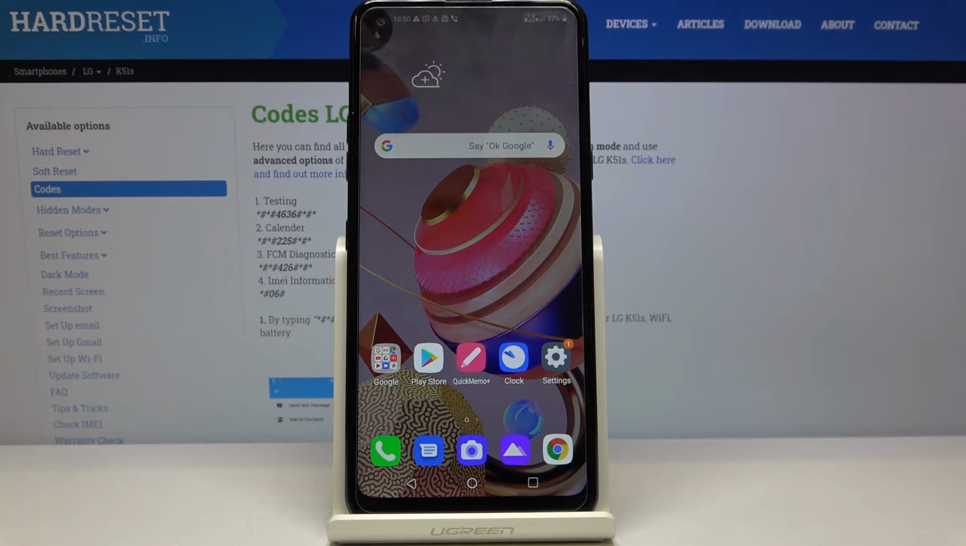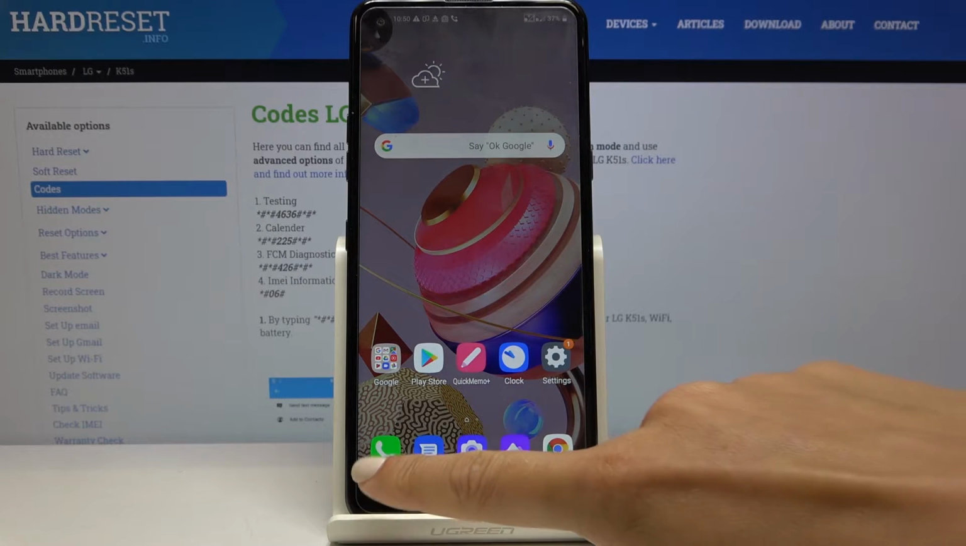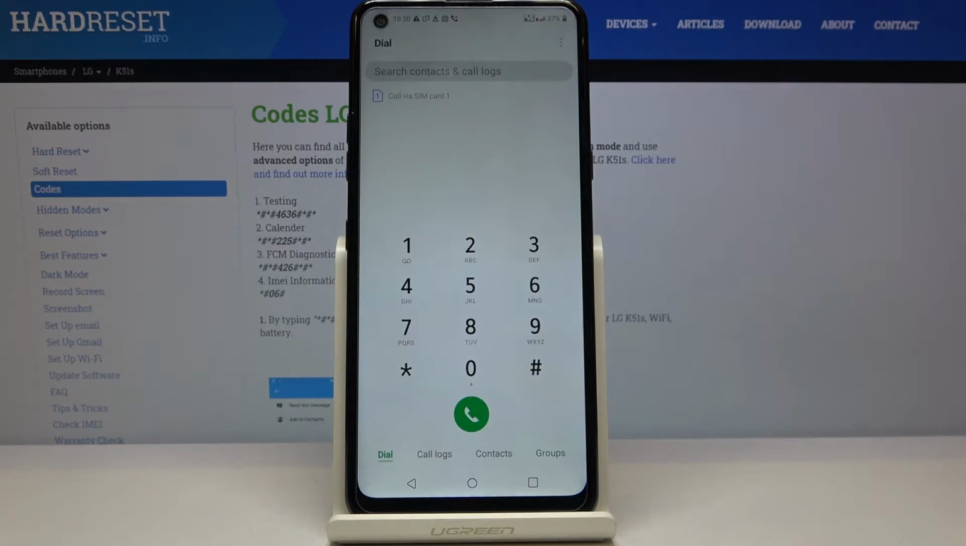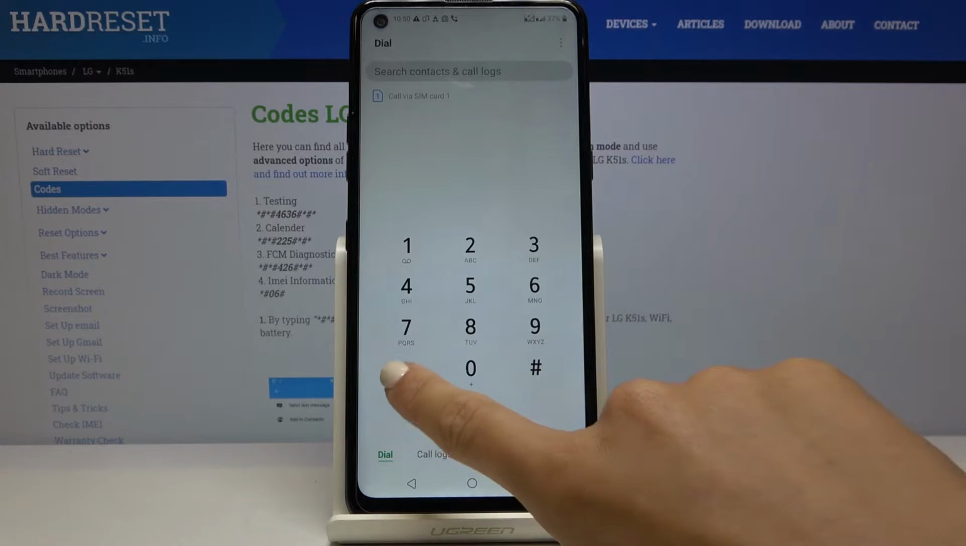In front of me is LG K51s, and let me show you secret codes that we can use on this device. So first of all, you have to open the phone dealer. This is the place that you will be entering secret codes. And let me start with the first one, which is asterisk pound,